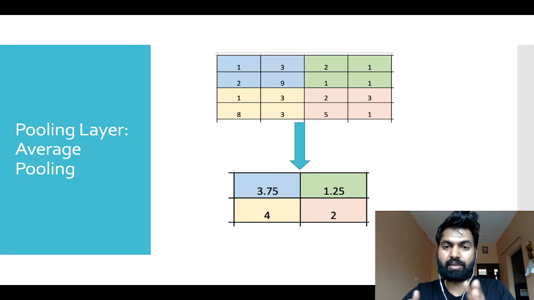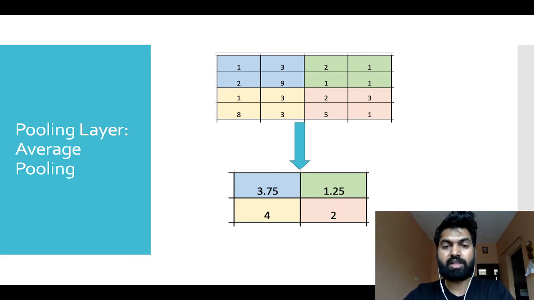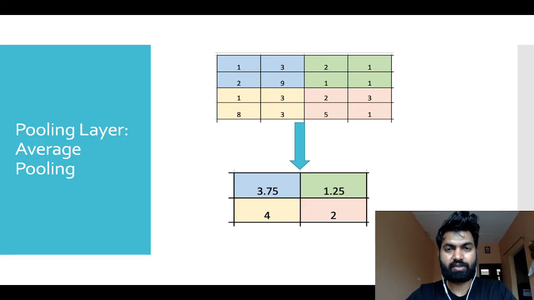In the max pooling layer, we have seen that we take only the maximum value from the region where the filter is capturing the values, and we neglect all the other pixel values. But in average pooling, we take an average of all the pixels instead of neglecting them. In some scenarios we use average pooling, but most of the time we use the max pooling feature. So this was the concept, guys, about the pooling layer. We will see the next layer in the next video.